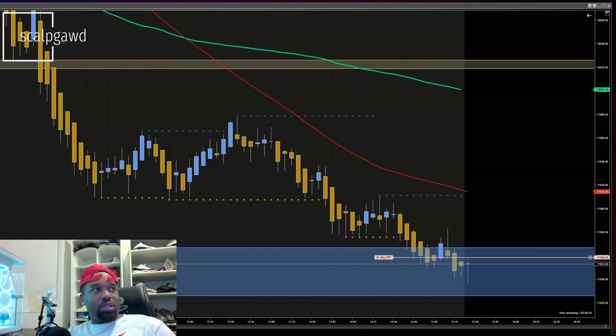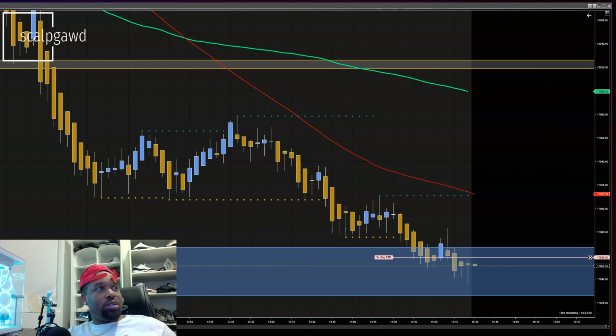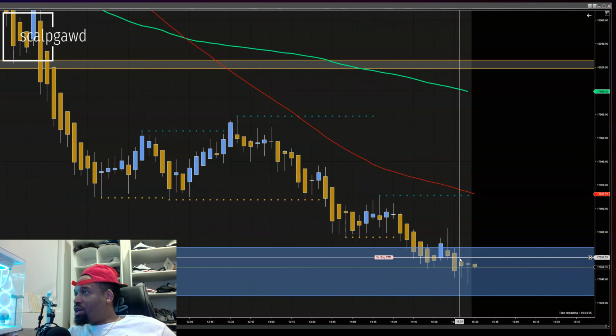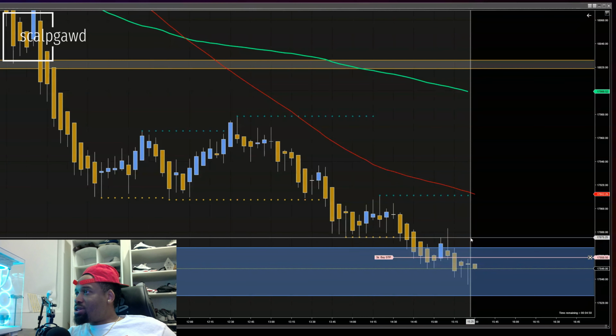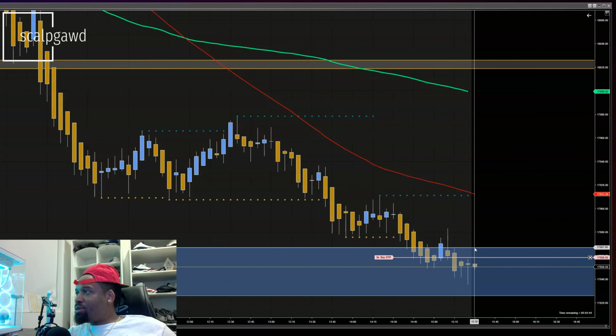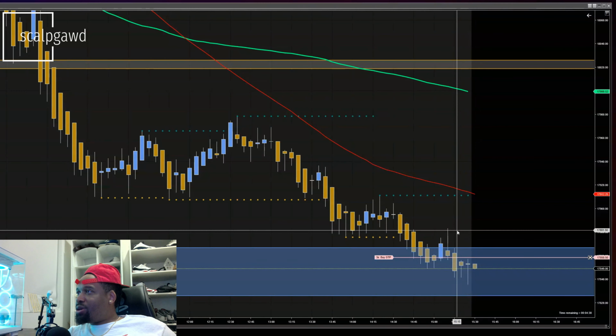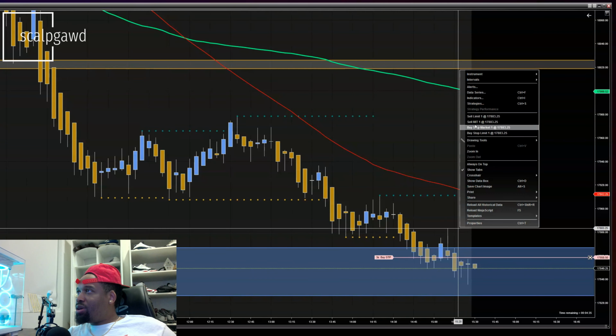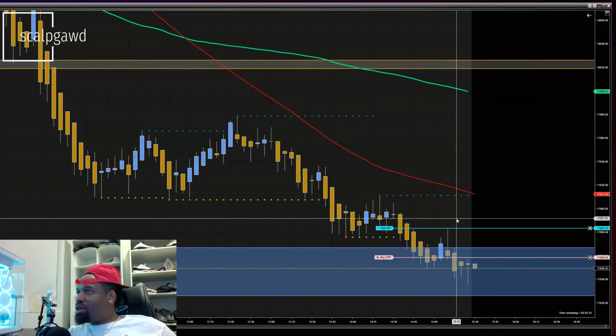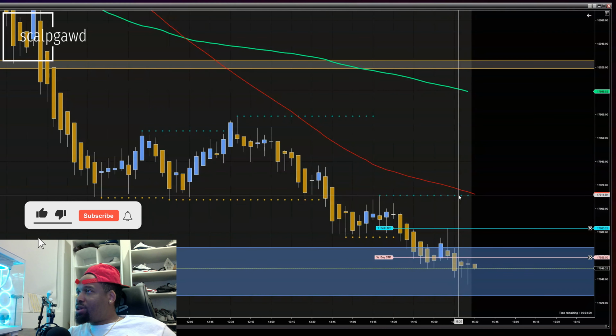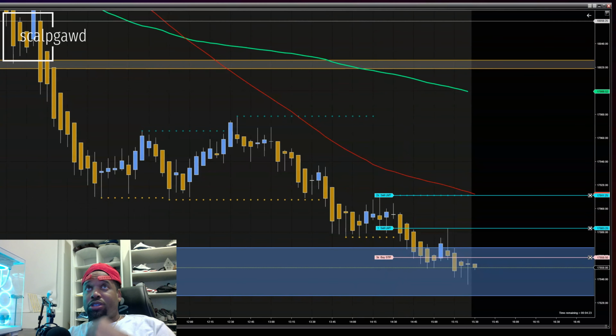I'm just putting this in our Discord in the chat that I will be entering in at this level, but I want them to enter in higher when it breaks these levels here. That would be a good area, and then we could target, well, first, if we get a good push up above this 866 level, we could target here. I put 1 stop in there. There's a second stop there, but I'm gonna put the remaining 2 there. Should get some good profits.